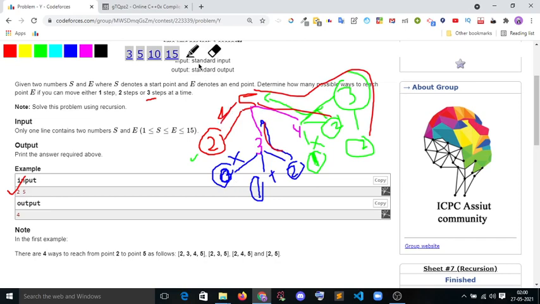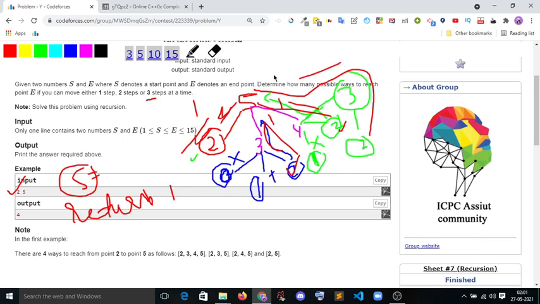So what I observe from these paths is that when we reach S, like here 2, this 2, this 2, we should return 1. Because here comes 1, here 1, here 1, here 1, and if you add all the values, it becomes 4 paths, and we have to find all the paths.